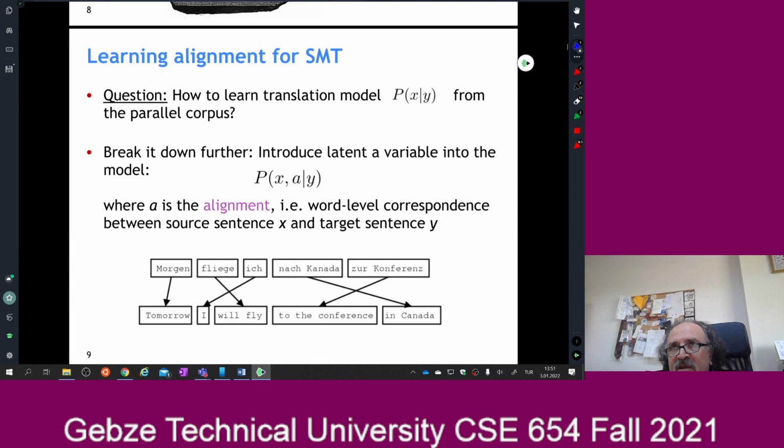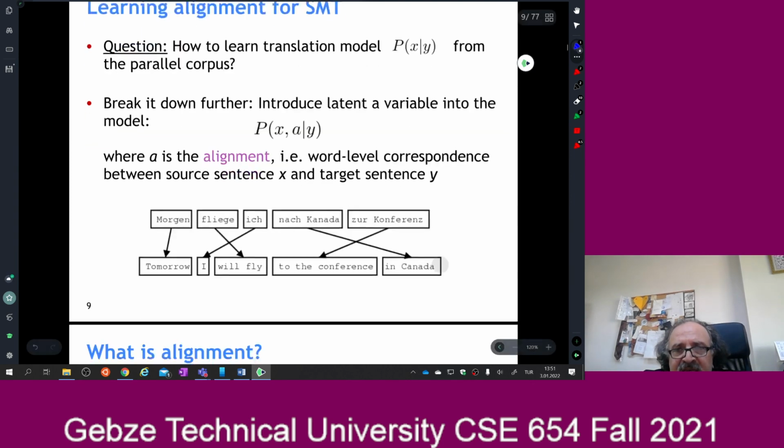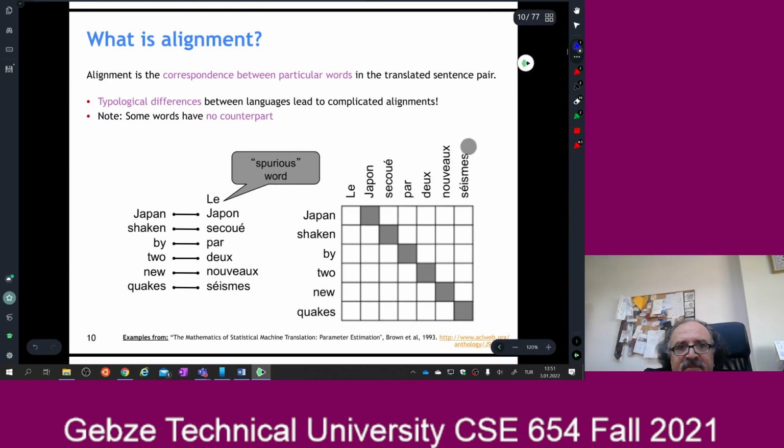So alignment is a separate problem. It is not as difficult as the machine translation problem. It is a sub-problem of it. If we can solve alignment, then maybe I can solve the corresponding translation problem between the words, and that will make my job a lot easier. But as I said, alignment is easier than the translation problem. It is not a very, very easy problem, because